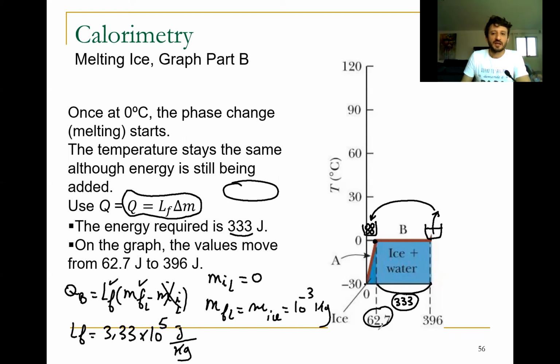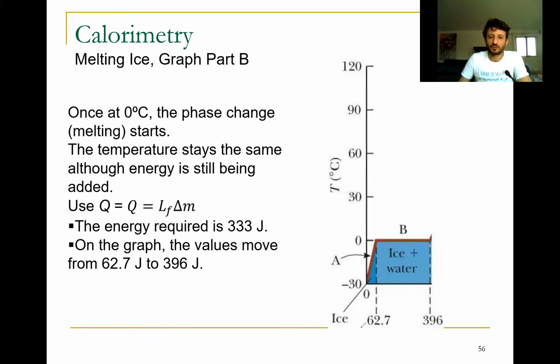Okay, it will be 396. We can say here directly, from here to here I need 62.7. From here to here I need this value. The total from the initial point to the final point here, it will be 396. Okay,